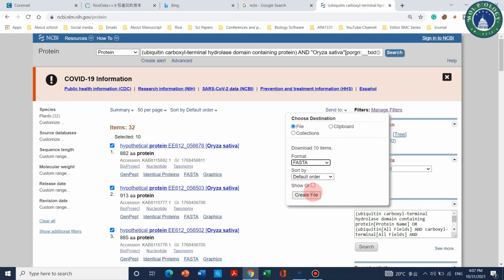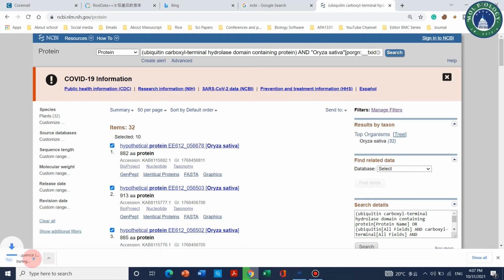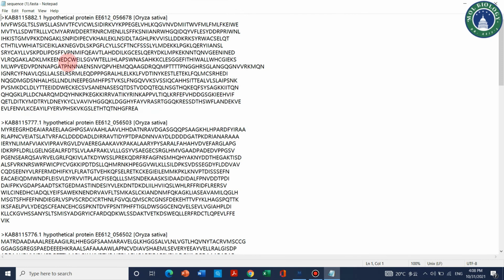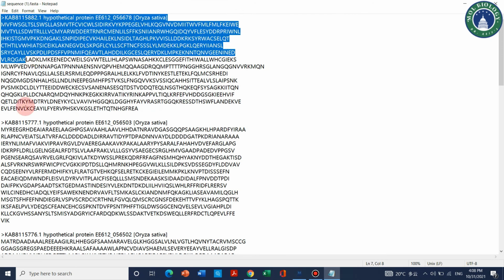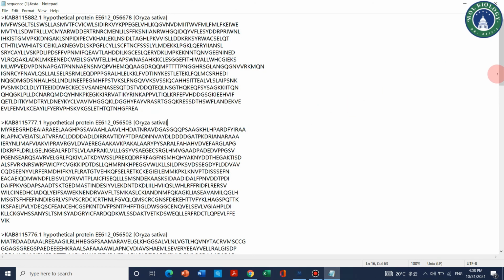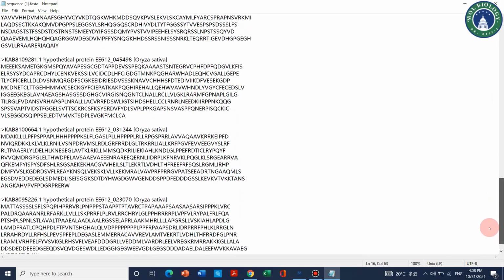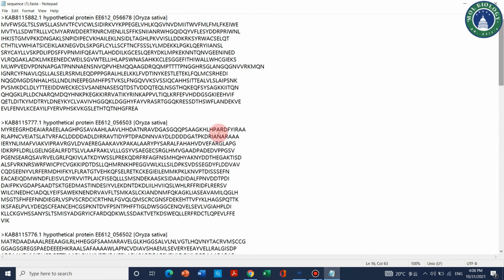So let's click on FASTA, and then click on create file. After this you will see a file that is automatically downloaded. If we open this, we can see all the proteins that we have selected; all 10 proteins have been downloaded.